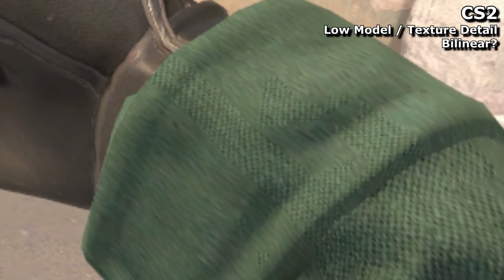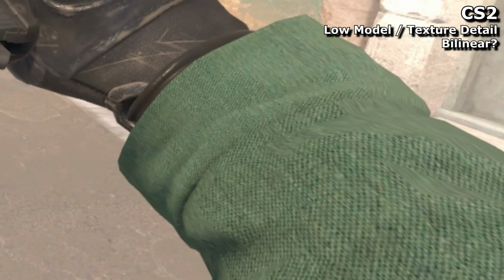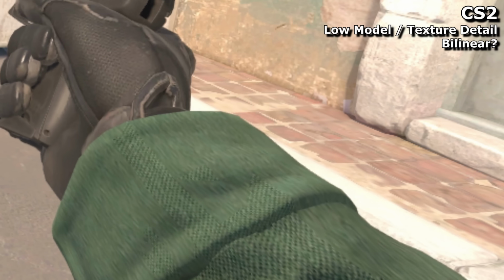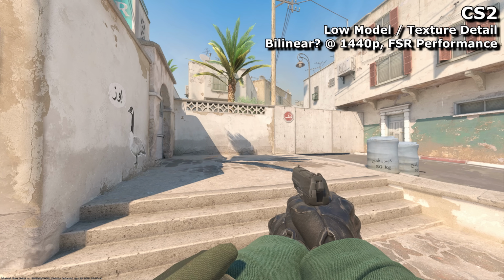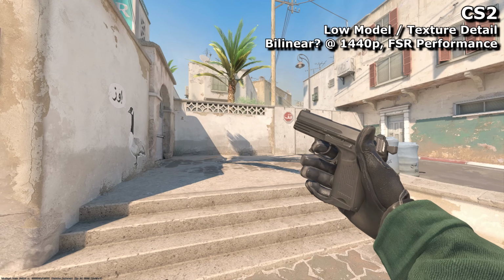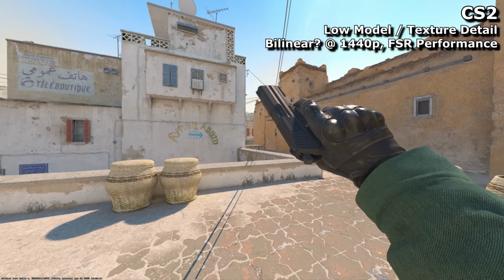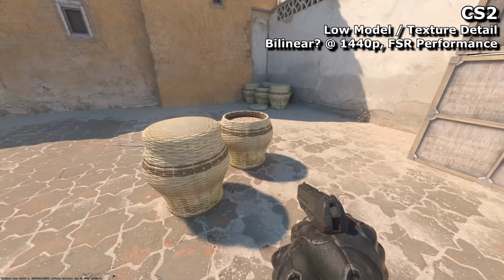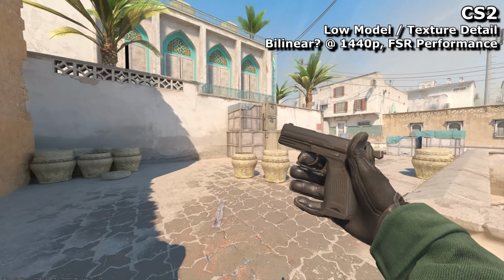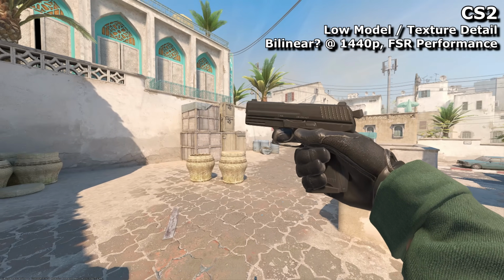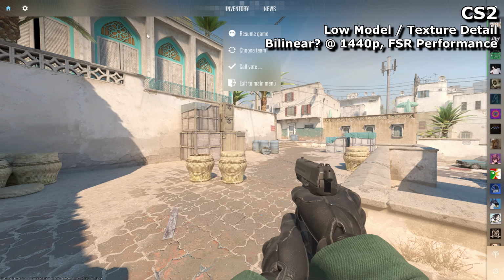I can't say I'm used to seeing this kind of problem. I don't know if it's Counter-Strike 2's higher resolution textures that are causing this, or their miserly texture filtering options, but it's definitely left me with a sour taste in my mouth, and I'm not sure if I can ever trust Valve with anything ever again. It's really curious that higher resolutions can fix this, because say you're gaming at 720p and have this problem, switching it to 1440p will fix, or at least improve it. But then, so will 1440p with FSR set to performance, which should be 720p, but clearly not in every way.